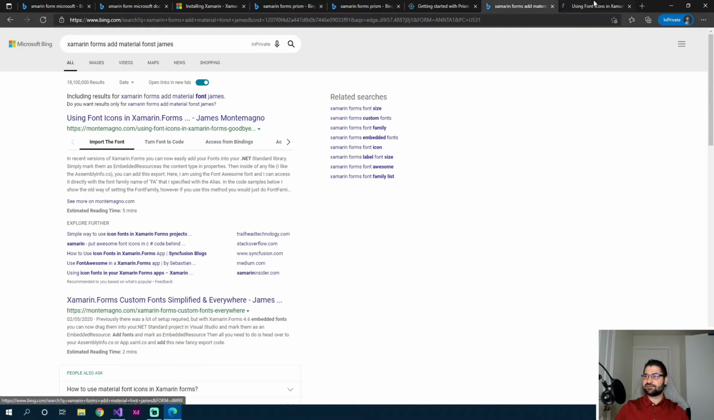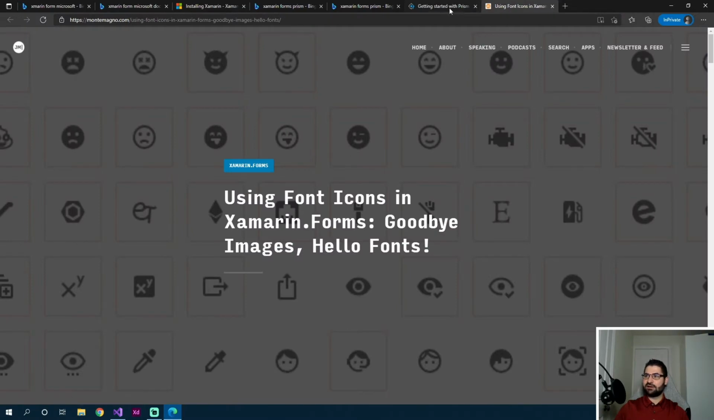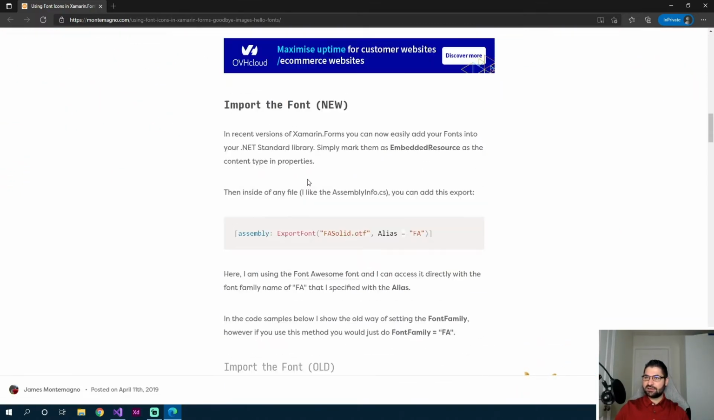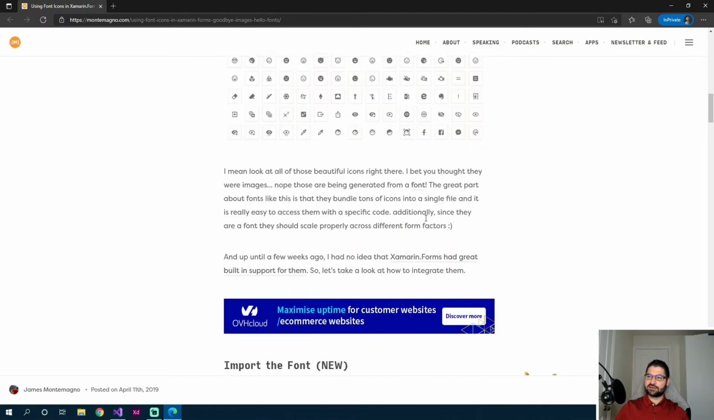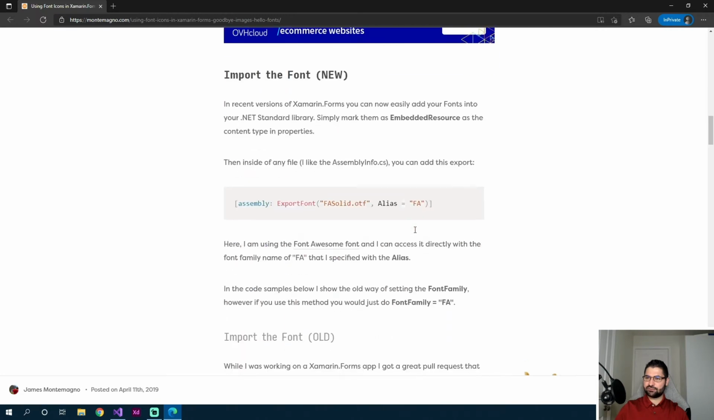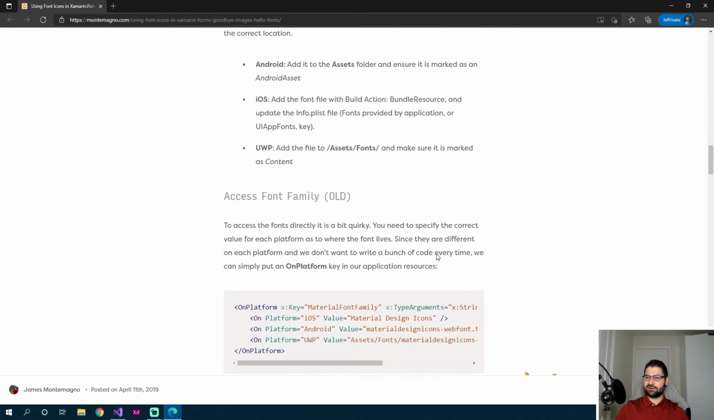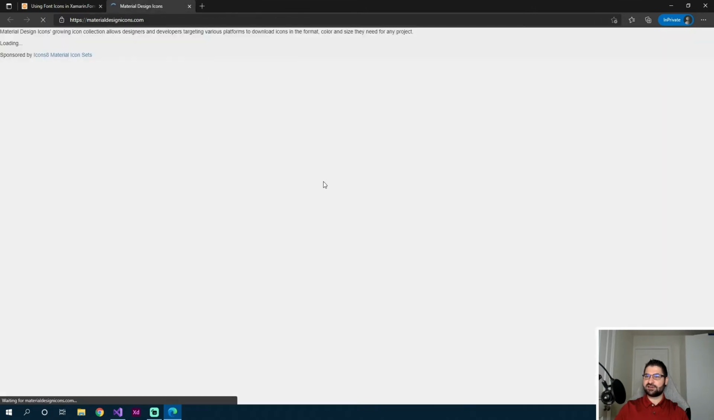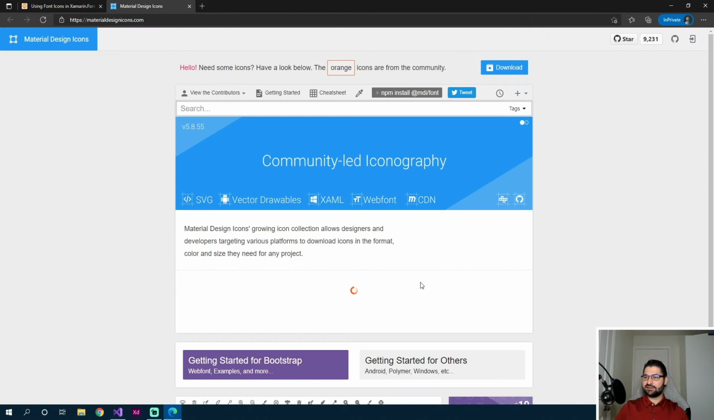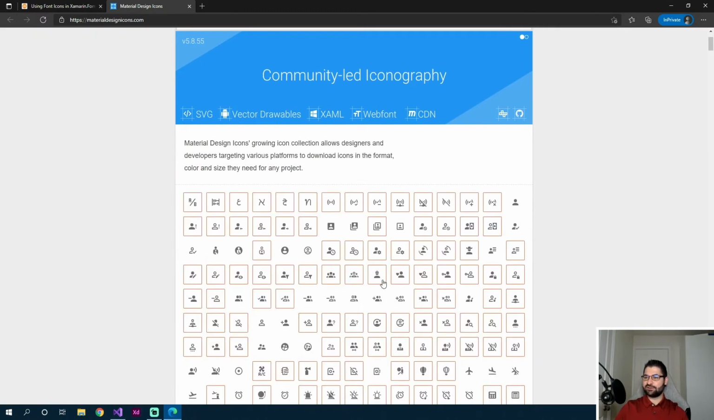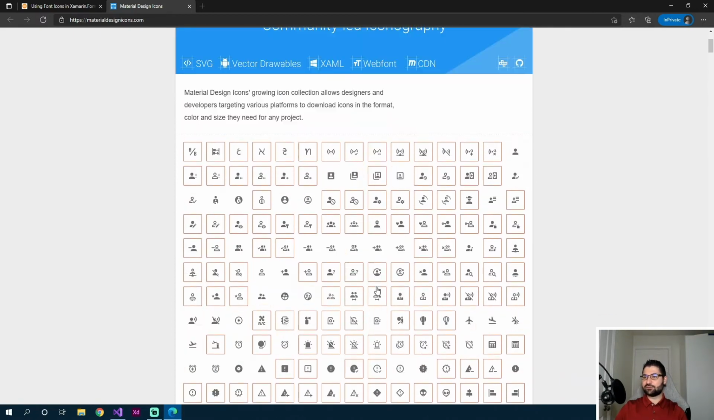And James has a very good blog over here on how we can add material fonts to our app. So let's go through it together. Now, it also tells us how to add Font Awesome, I believe, but we'll just go through how to add material fonts. So first thing we need to do is go to Material Design Icons, and in here you can see that there's a web page where you can see all of the available icons that we can use through this